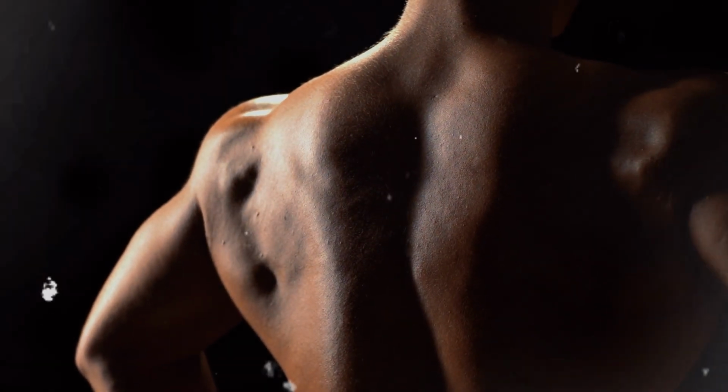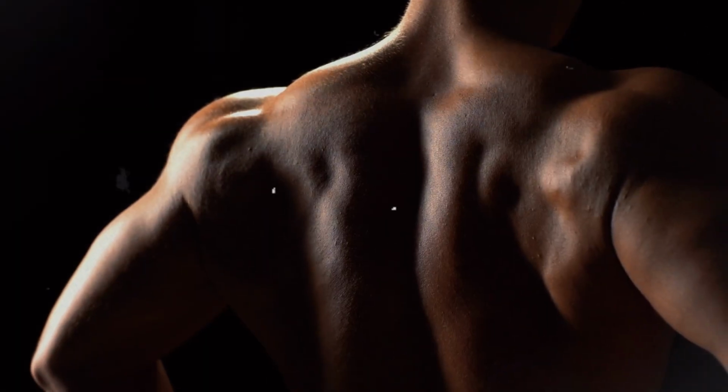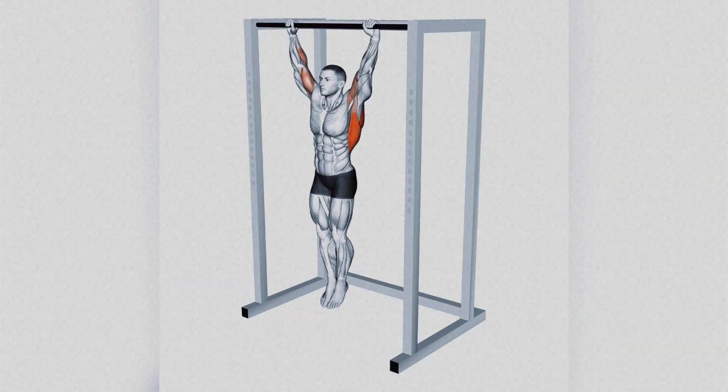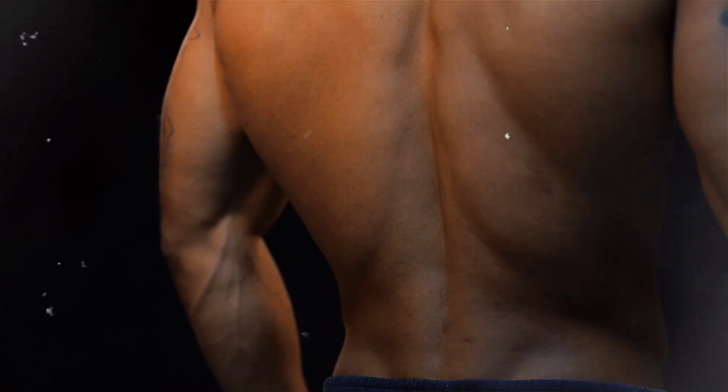The goal is to hang for as long as your body comfortably tolerates, aiming for about 30 minutes of total hang time per week to balance arm muscle development with back muscle strengthening. To structure this time effectively, break it into short 3 to 5 minute sessions throughout the day, either after a strength workout warm-up or during work breaks, since multiple brief stimuli promote better neuromuscular adaptation, reduce excessive fatigue, and facilitate